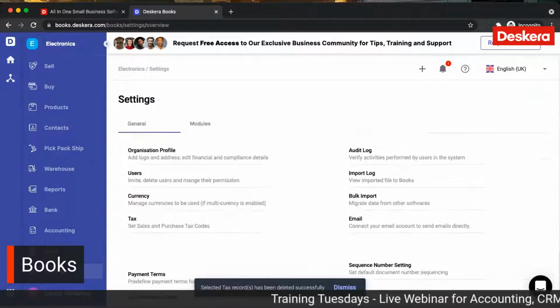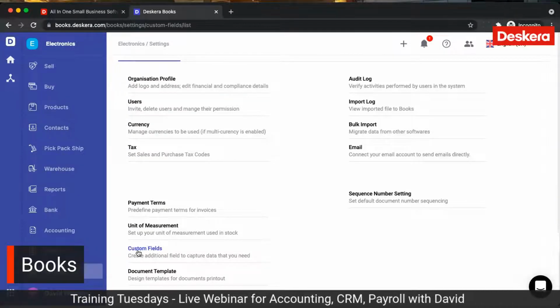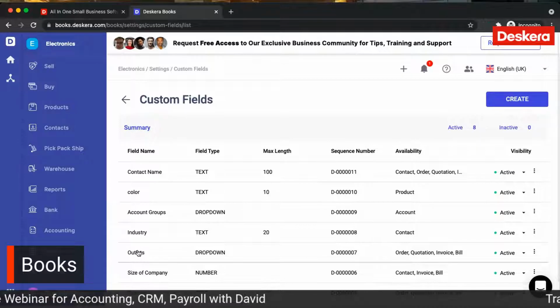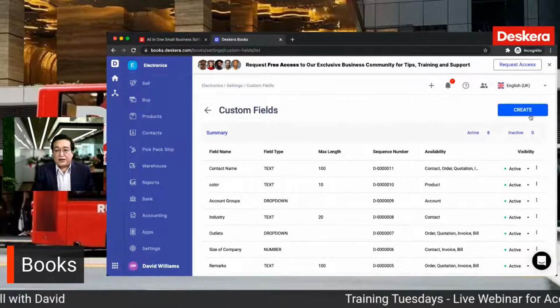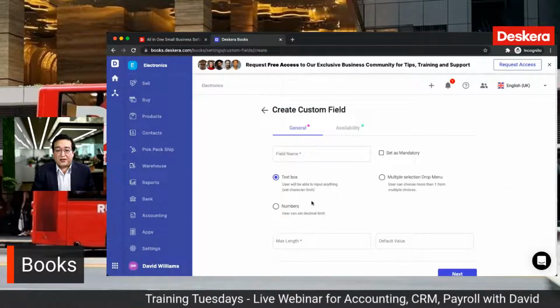All right, so let's go back to settings. This is where you can create your payment terms, your unit of measurement, and this is where you can create your custom fields. So this can be used for additional information, slicing and dicing reports, filtering out the information that are required. And when you click create, you can create it by text box, multiple selection drop-down menu, or numbers